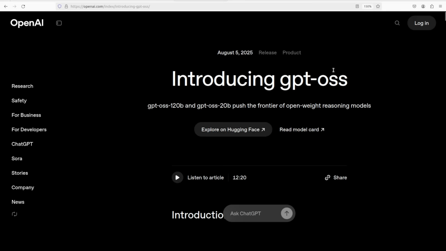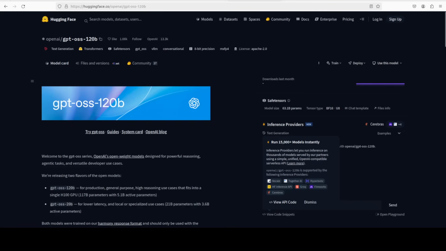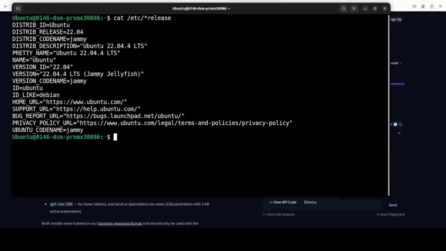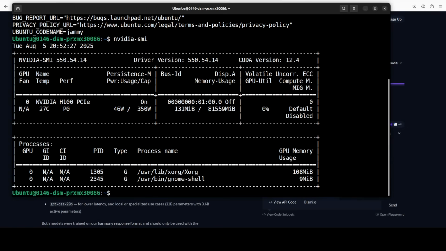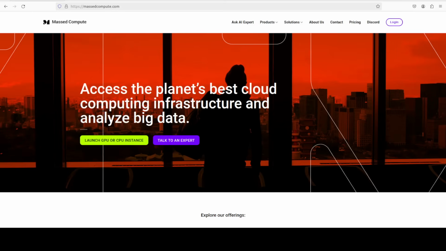So very quickly, before we do the installation, what exactly are these two models? The GPT-OSS 120 billion model has 117 billion total parameters and just 5.1 billion active, and that makes it installable on a single H100 GPU, and that is what I'm going to do in this video, because I have this Ubuntu system and I have one NVIDIA H100 GPU card with 80 GB of VRAM,